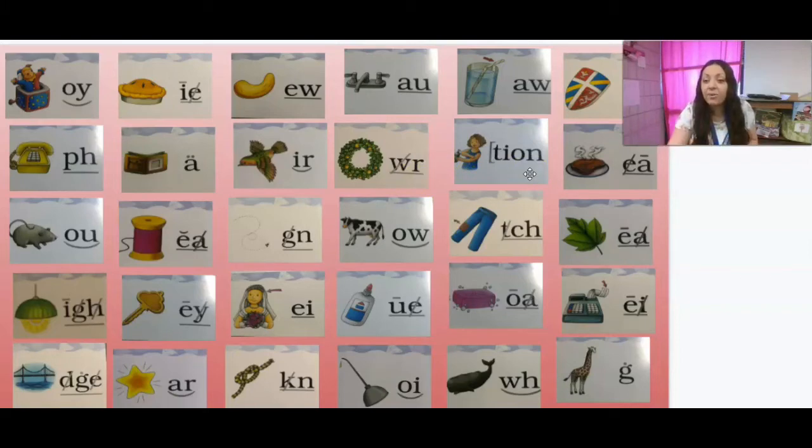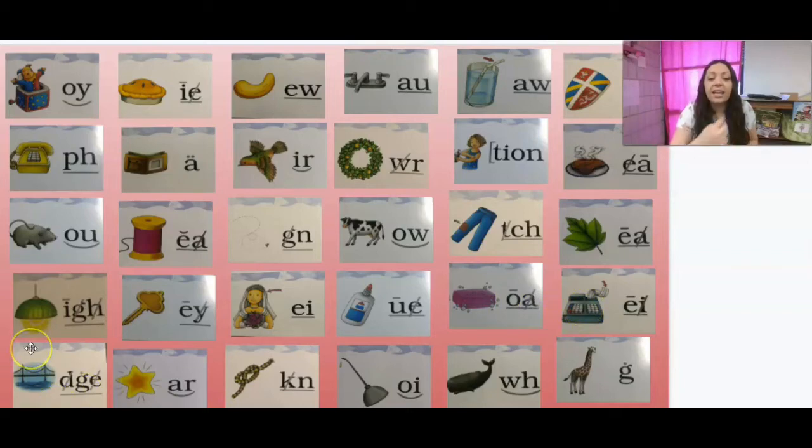final syllable TION, steak, A, digraph EA, mouse, ow, diphthong OU, thread, digraph EA, gnat, ghost, digraph GN, cow, ow, diphthong OW, patch, trigraph TCH, leaf, E, digraph EA, light, I, trigraph IGH, key, E, digraph EY, veil, A, digraph EA, glue, U, digraph UE, soap, O, digraph OA, receipt, E,